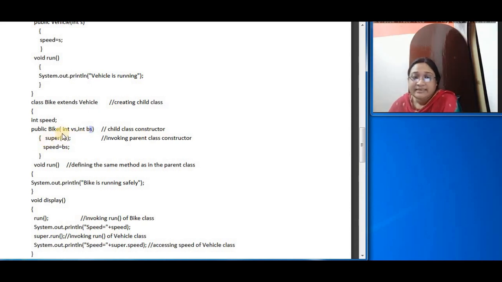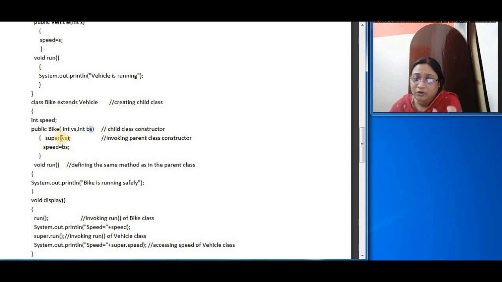Now, inside this constructor of the bike class, the first statement that I have written is super. And this is how you should call the constructor of the base class inside your derived class. When you are defining the constructor in the derived class, the first statement inside the constructor should be this super.